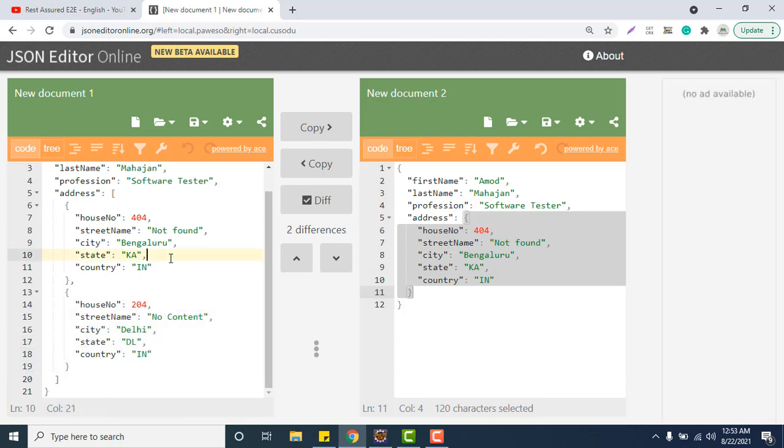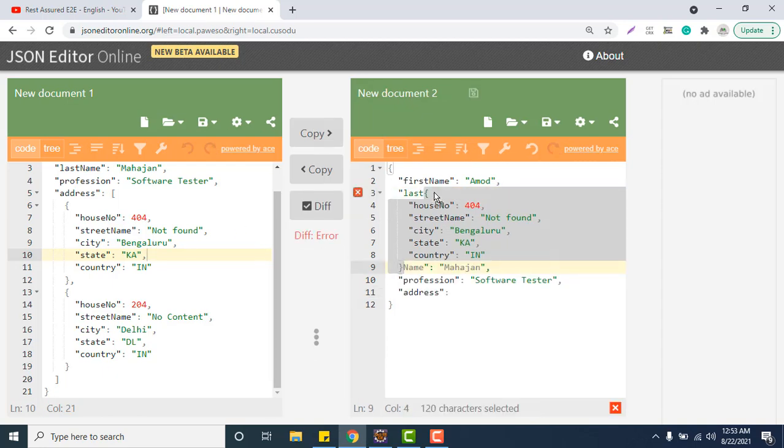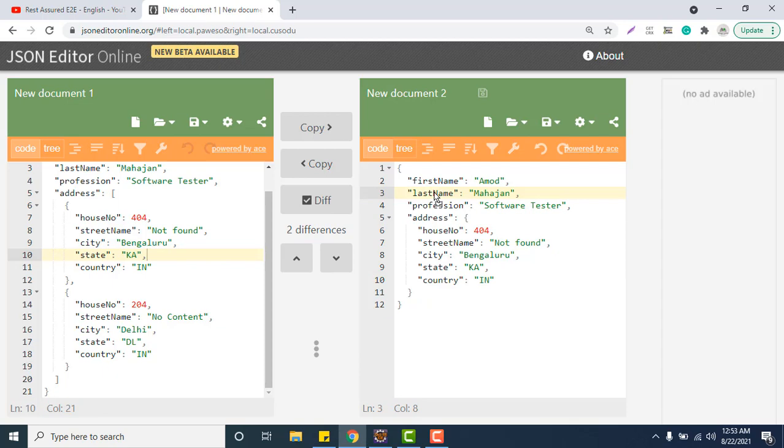So in this video we are going to learn how to create this type of payload using Pojo classes. The good thing is that there is no need to create any extra Pojo classes. Whatever we created in the previous video will work. The only difference is how we declare the address key, and what data we are going to